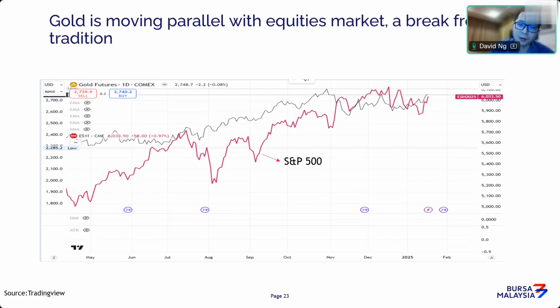There's always a saying: gold tends to do well when equities market panic. We have seen that in the global financial crisis. We have seen that in the last pandemic when equities dropped like 30%. People rush into gold. So gold as a safe haven asset remains relevant. But now you see a different scenario. Now you see equities market are hitting highs, but you also see gold prices hitting highs.